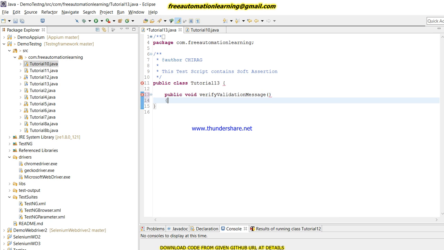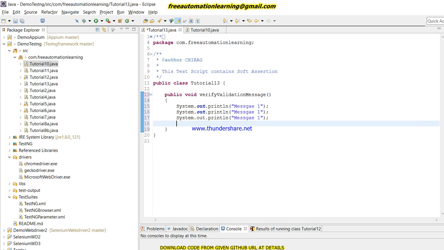This would be my test case, and here I need to pass message 1, and suppose there would be message 2, 3, 4, 5, so 5 messages.